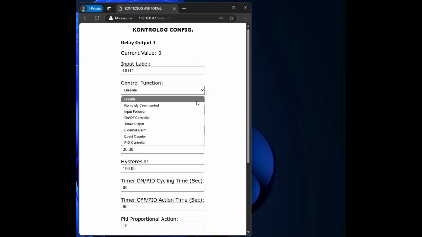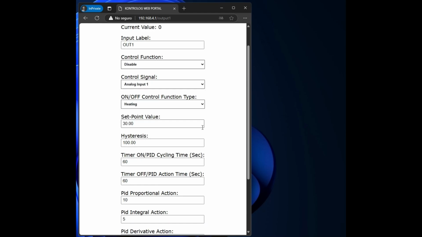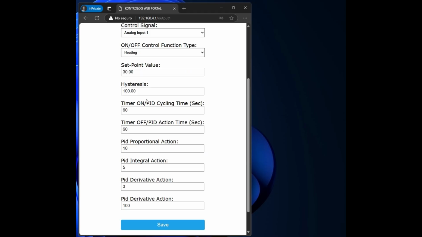function type. Additionally, you can select the input signal that will control the output and define the on-off control function type. You can also adjust hysteresis values, activation and deactivation times, and define the proportional, integral, and derivative constants of